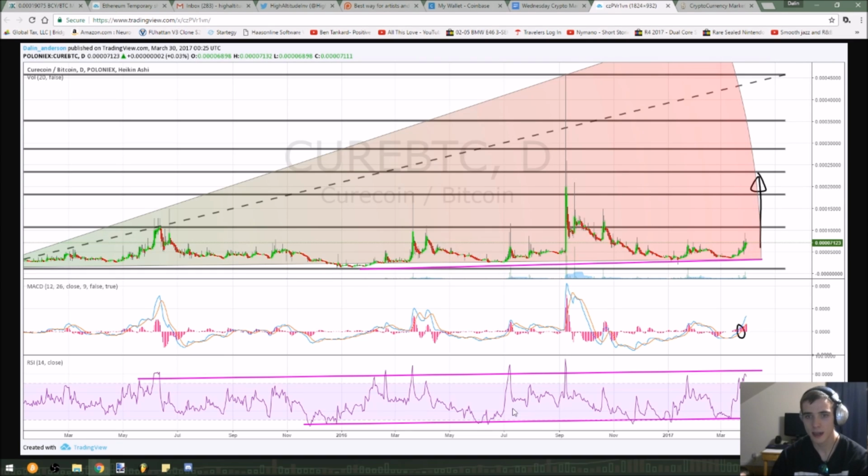We've had nice trending in the RSI on this channel, good entry points on the bottom of this pink line, and good exit points on the top of this pink line. So that means that recently we've had an entry and we haven't hit an exit yet, and I feel like this is a pretty good bullish